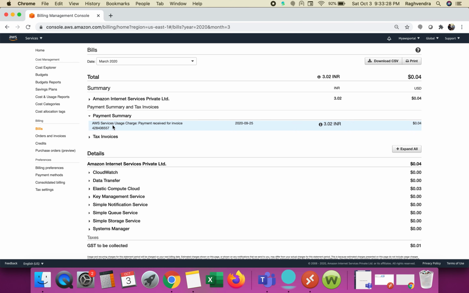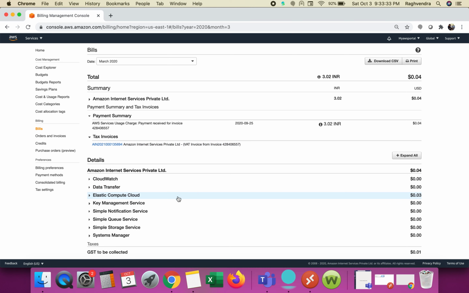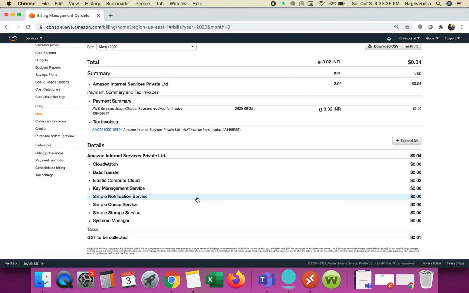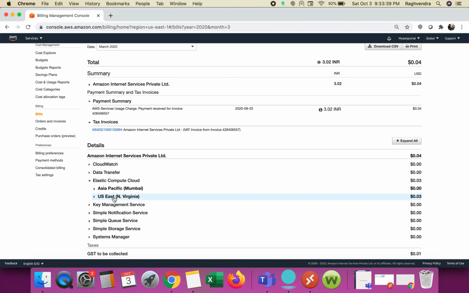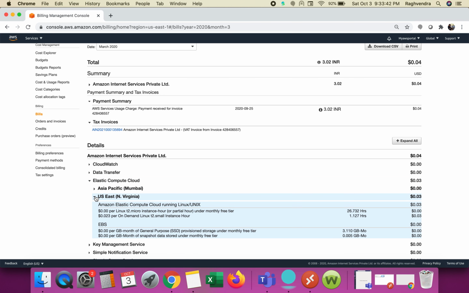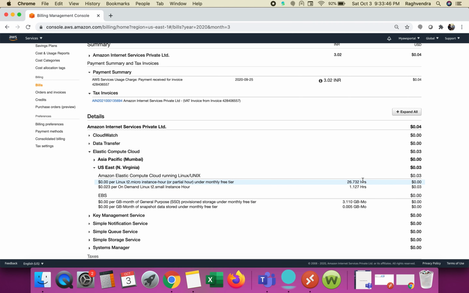Payment summary you can see here, payment received, and this is the invoice and what I have utilized. Here you will see the detail about that. It is related to US East North Virginia, and here you can see all the details about the usage.